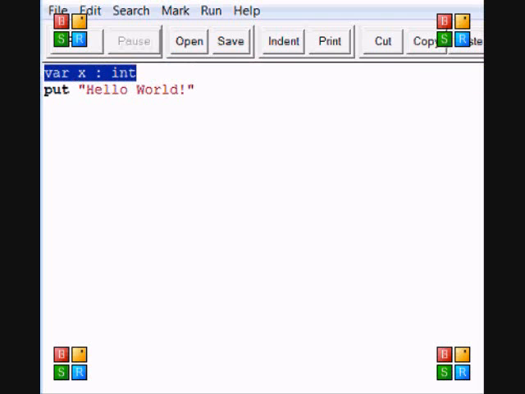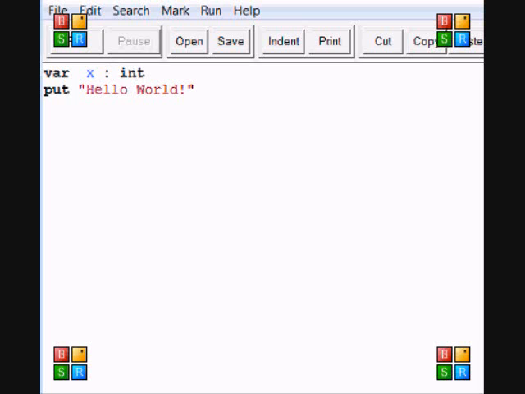When we're creating a variable, first we have var, and var, as you might have guessed, means variable. So it means we're creating a variable. We can name this variable whatever we want, but we can't start it with a dash or anything like that, and it can have an underscore, but it can't have a number in there. It has to have a letter or an underscore. It can't have a backslash. In this case, let's just name it x, and now you have to put a colon and then the